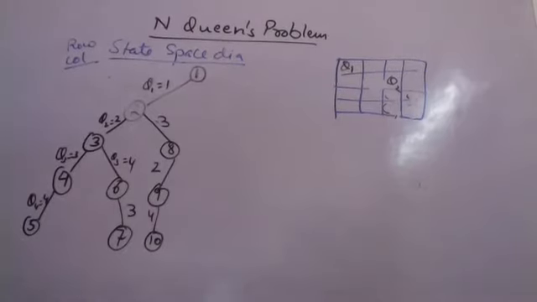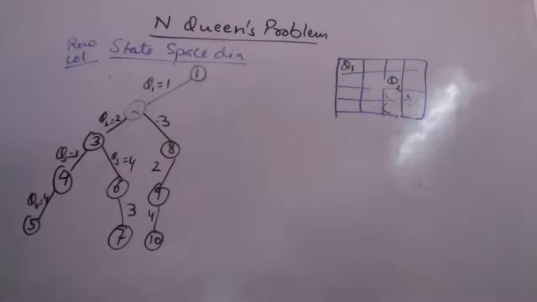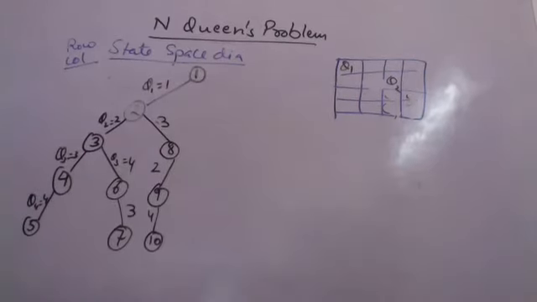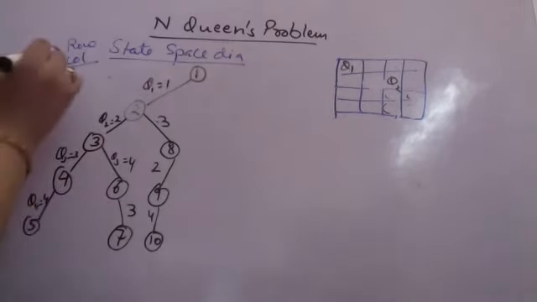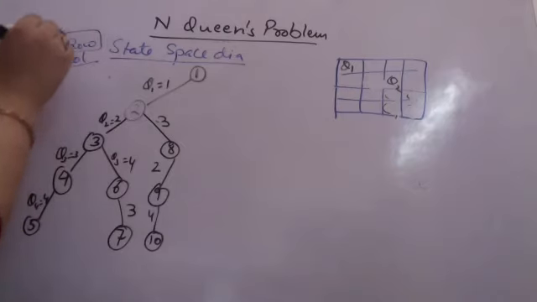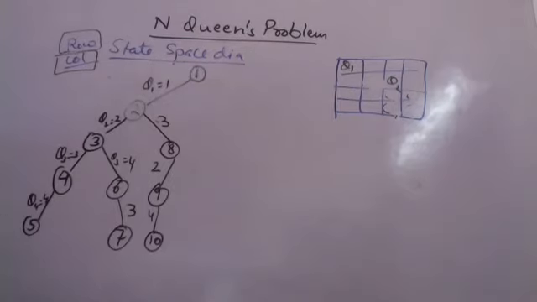Ma'am, why did we place Q2 at 2 when it was not even possible? Beta, we are not checking it under attack right now. We are only checking whether or not I can build a possible solution. I'm again saying the solution that I'm building here is every queen should be in a different row and different column. Diagonal attack we are not checking right now, okay?